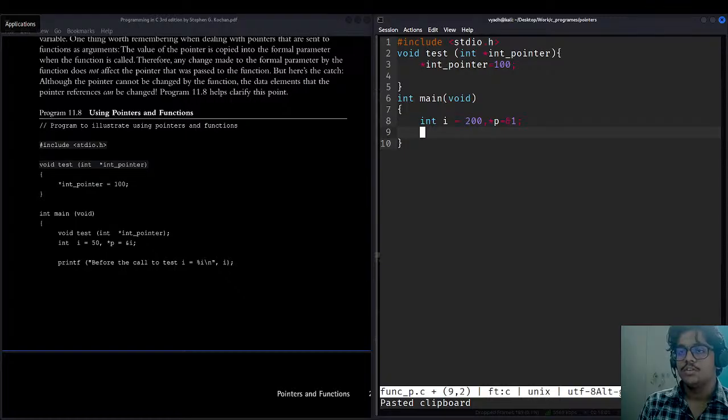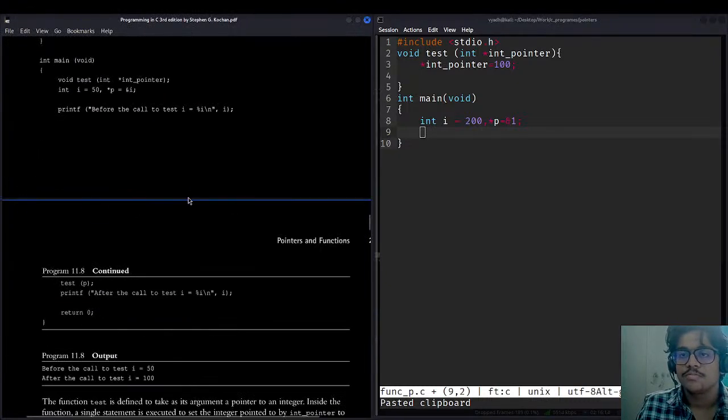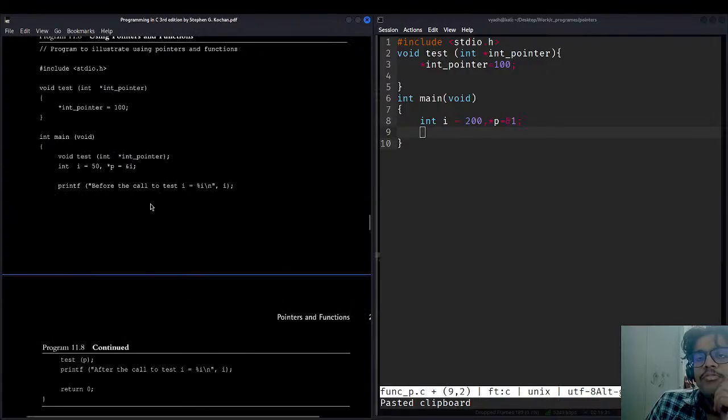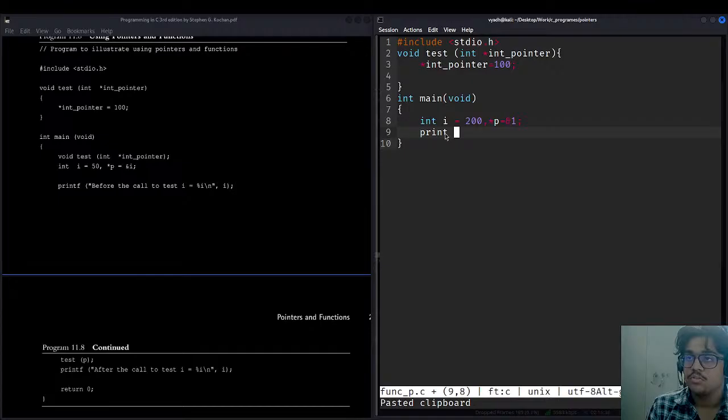Okay. Now what we need to do? They have not used, no? Or they have used? So before calling, they are testing the output before calling. So print f, or you can just take the statement here from here, like this.